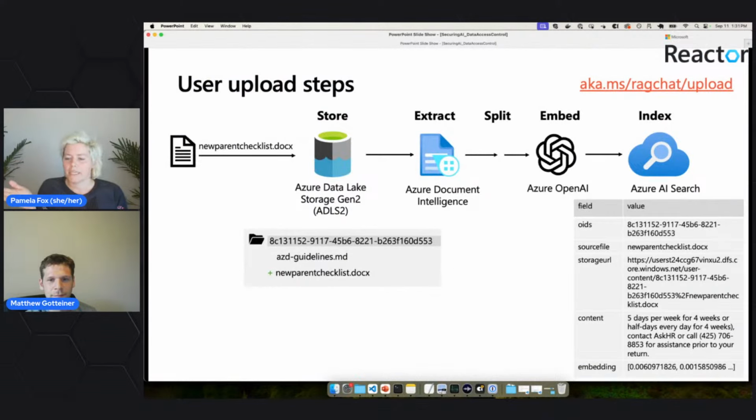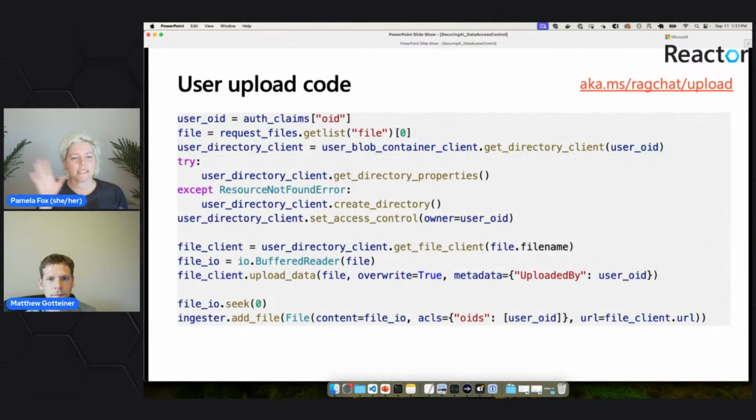So we end up in Azure AI Search, and we've got those OIDs as we showed. And this is simplified code for the user upload code, right? So we get the file from the request, we get the OID from the currently authenticated user's claims, we find the directory for that user. If it doesn't exist, we create that directory.